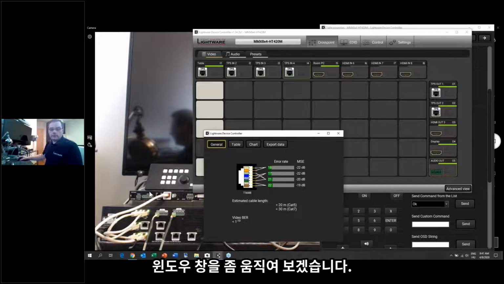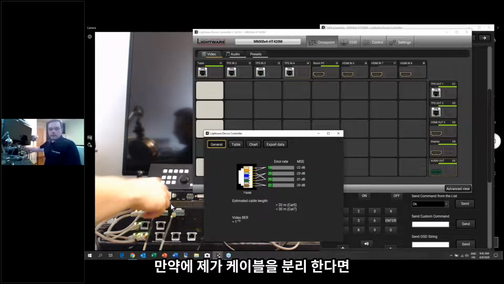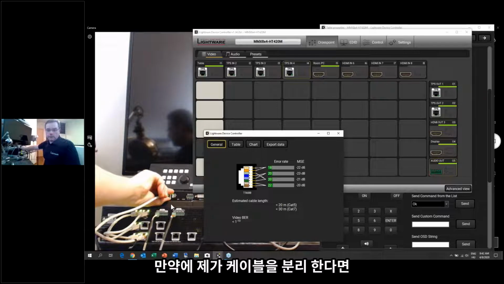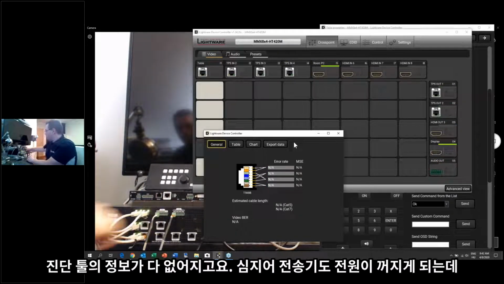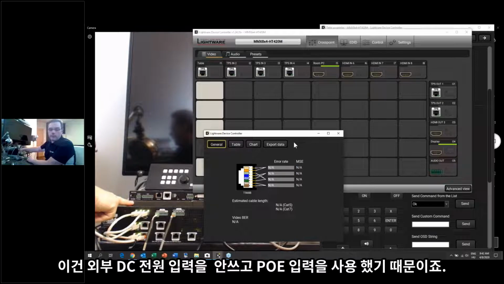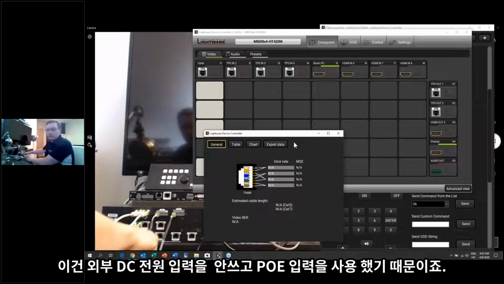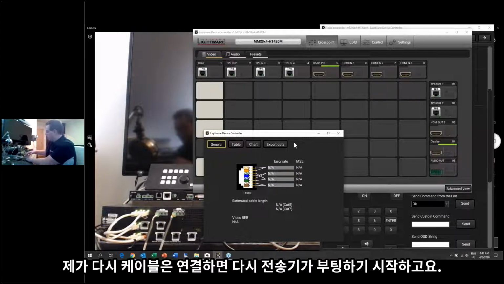So here, I just unplug this cable, just to show you that if I unplug, it goes away. Even my HDBaseT unit doesn't get power because I'm not using the DC connector, but I'm using just the PoE functionality from my Lightware unit. So when I put it back,